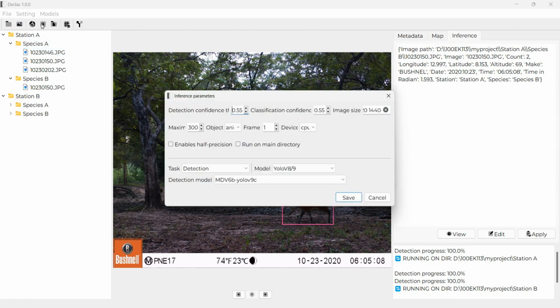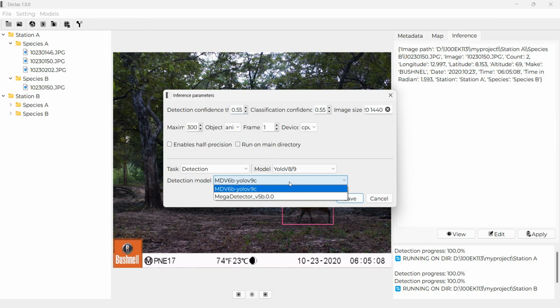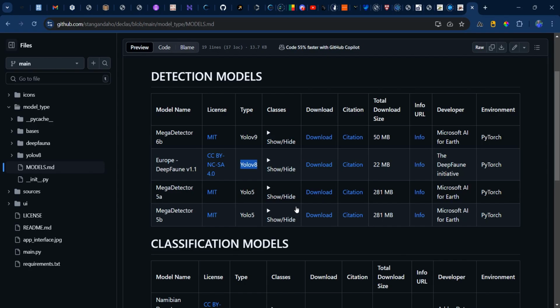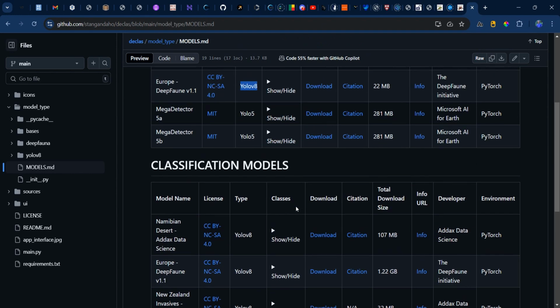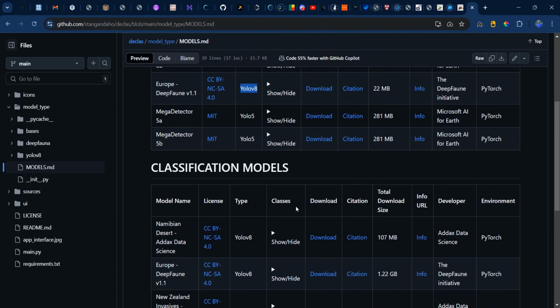To proceed to classification, we need to use a classification model. But at this stage, we do not have a classification model. You can use each time this page to download the model of your choice. But let me clarify something. At present, I have not yet included the classification model based on YOLO V8 and 9.